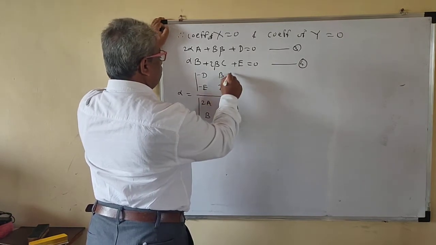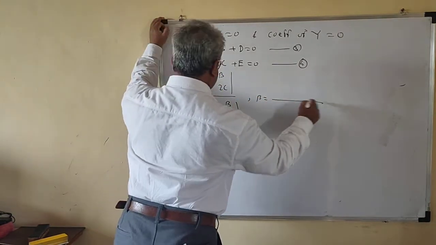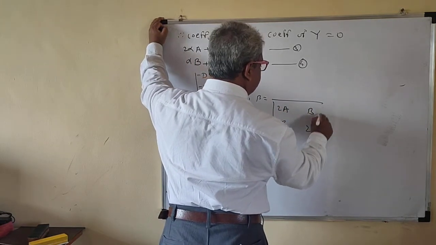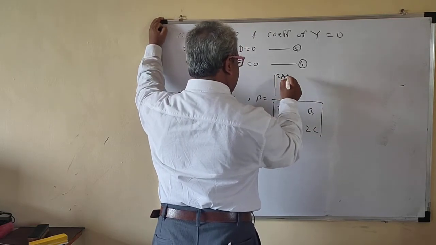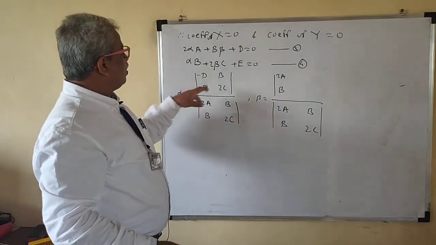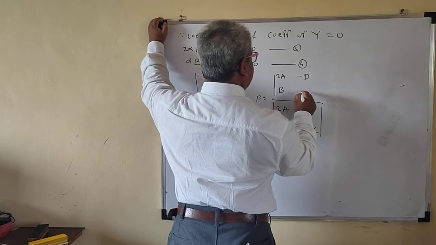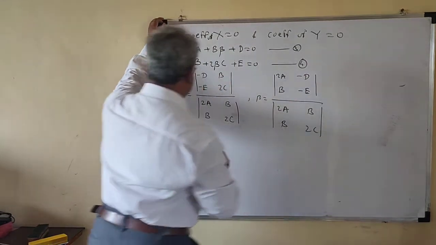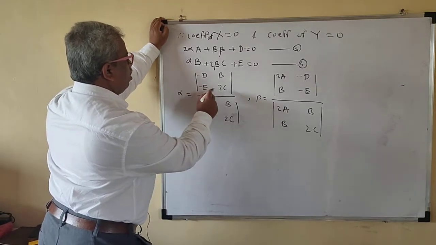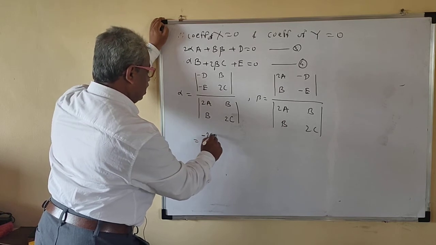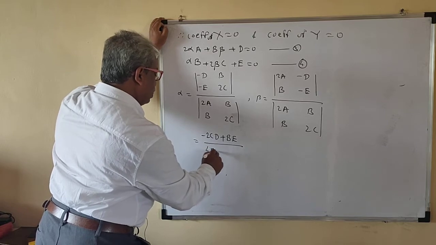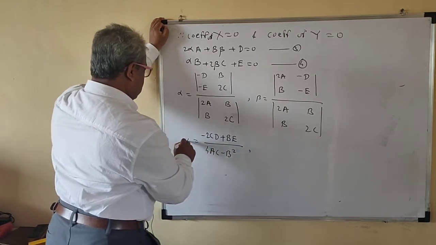b, twice c. Then beta is equal to, your denominator is the same here. So twice a, b, twice c. Okay. Now here, twice a and b will be as it is. And here, what? The coefficient matrix now. The coefficient matrix is minus d, minus e. Okay. So now this is equal to minus twice c d plus b upon 4ac minus b square. Okay, this is your alpha.